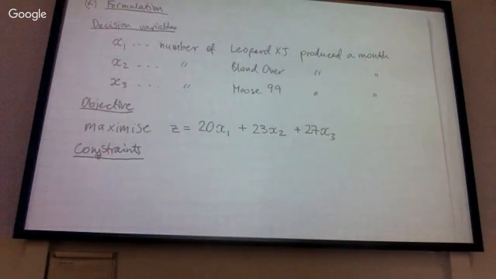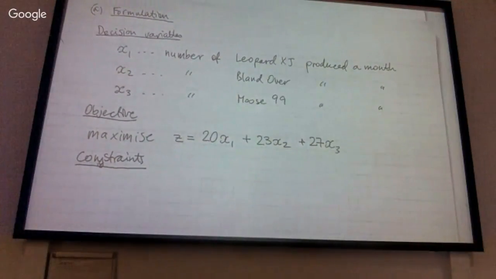And then we have the constraints. So the constraints come from the limited resources, and in this case, there are two resources that give you constraints, which are the two machines. But then there's also,